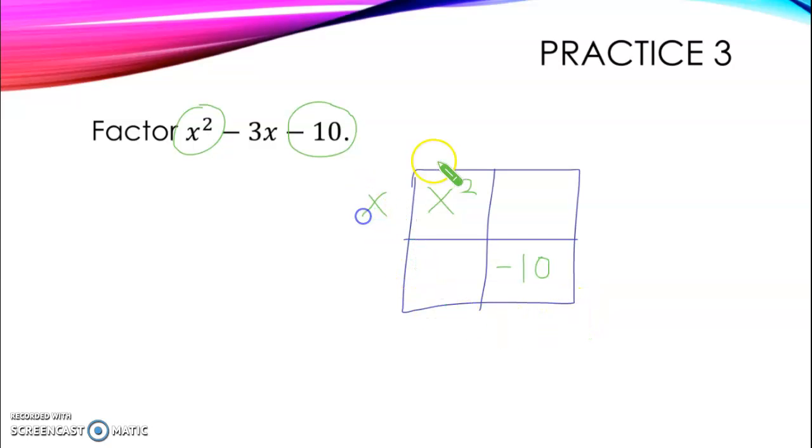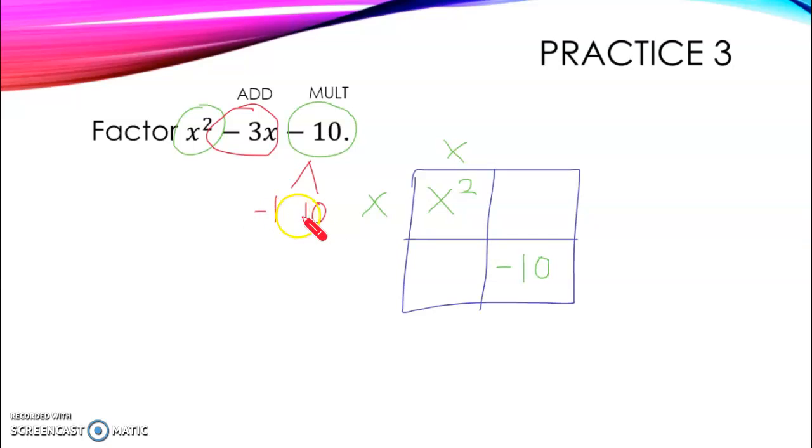We also know that this is going to be x by x. And then we want to figure out what two numbers are going to multiply to negative 10 and add to negative 3. Notice how we have a negative in front of it, which will make things a little different here. So my list gets a little more interesting. Few things that we can think of that multiply to give me 10. I have 1 times 10 and 2 times 5,